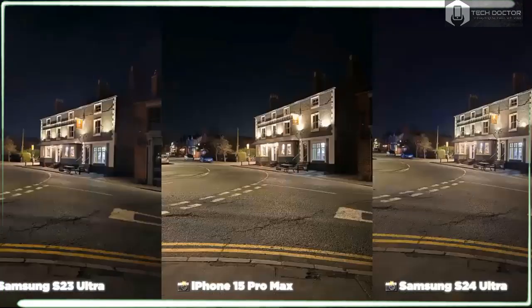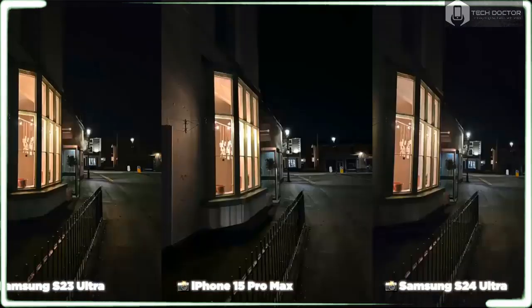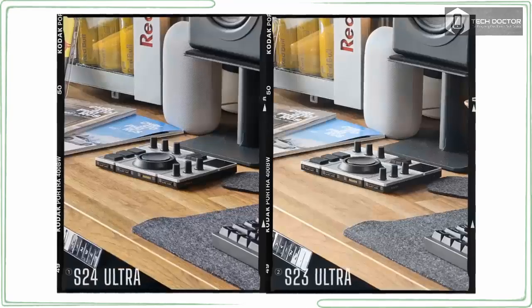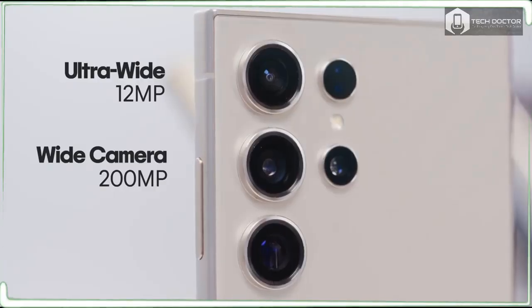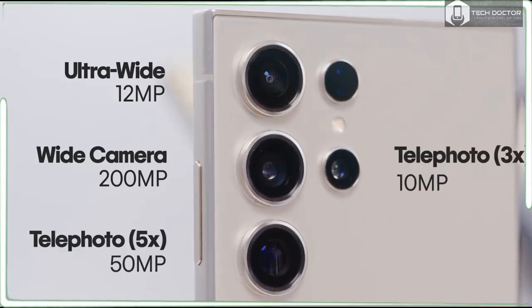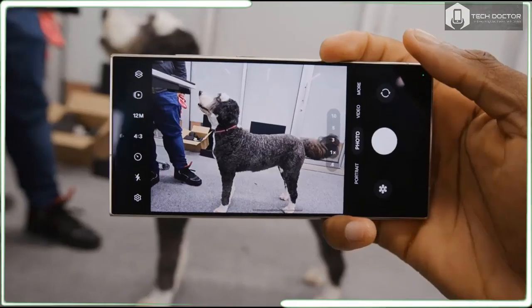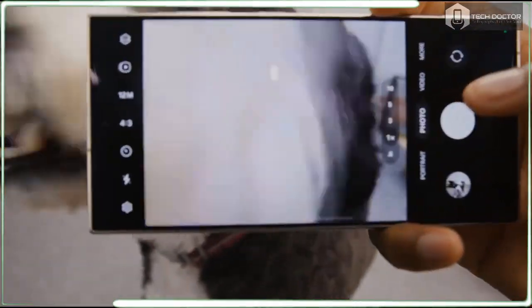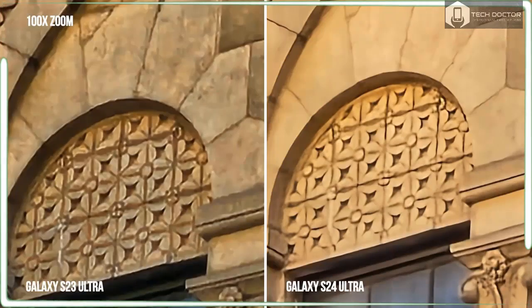Let's start with the Galaxy S24 Ultra's 5x zoom lens. Samsung has not taken a step backwards, more a step sideways. The Galaxy S24 Ultra still has the best zoom camera you can find on a smartphone. It's better than the Galaxy S23 Ultra's 10x zoom, and it's much better than the 5x zoom you will find on the iPhone 15 Pro Max most of the time,